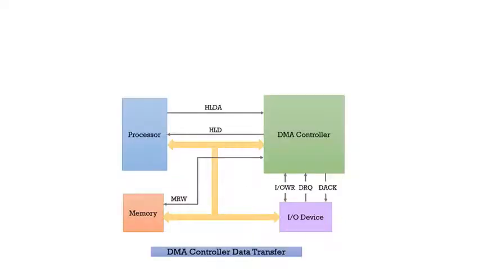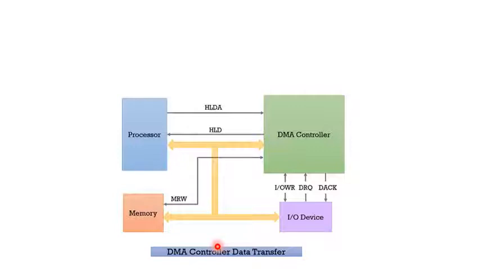But what makes it different from the previous two methods? In the DMA scheme, the data is transferred between the I/O device and external memory directly, without any interference by the accumulator register. The processor gives up its control over the address bus as well as the data bus to the I/O device or direct memory access controller, thus aiding the exchange of information between the source and destination directly.